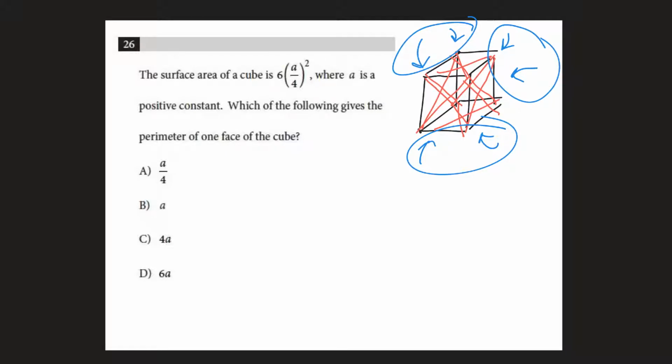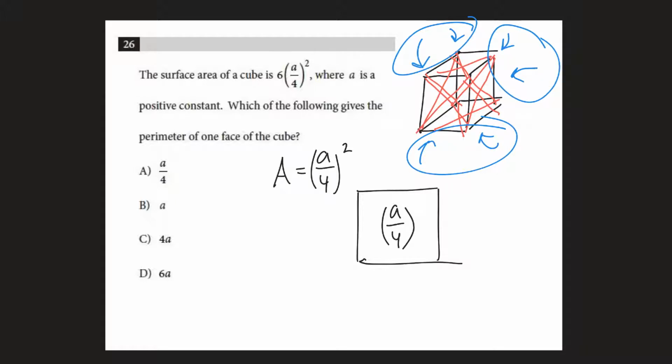We know that the surface area of the cube is 6 times a on 4 squared. Therefore, each side must have an area of a on 4 squared. And if we want to know the perimeter, each face has an area of a on 4 squared. Well, the area is just the square of the sides. So then each side must be a on 4, and the perimeter is just the sum of the sides,